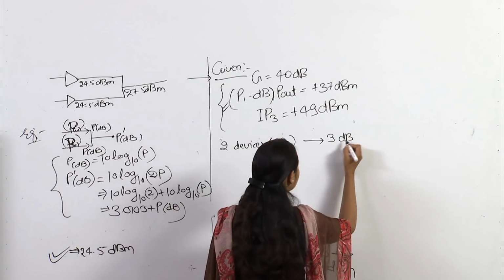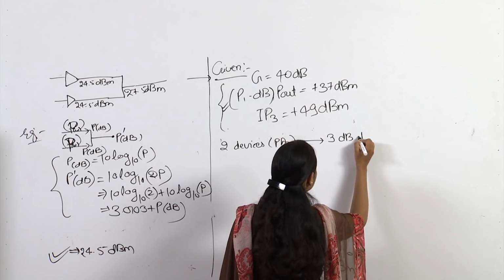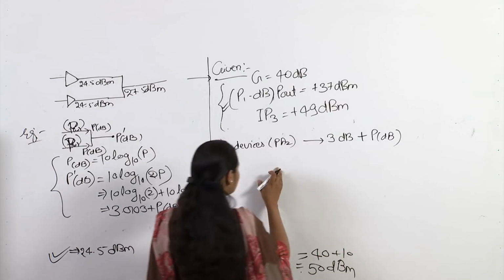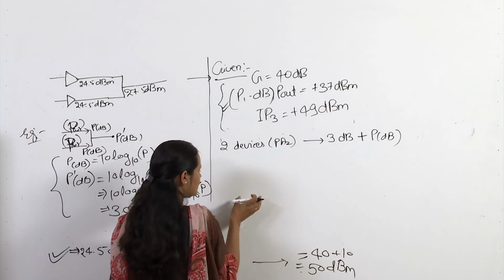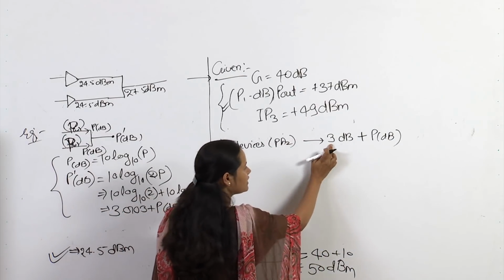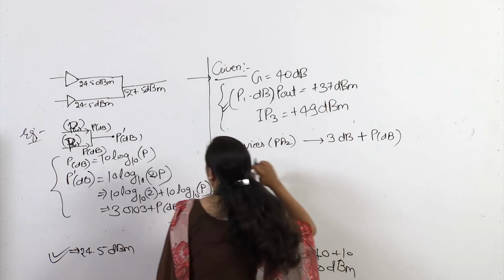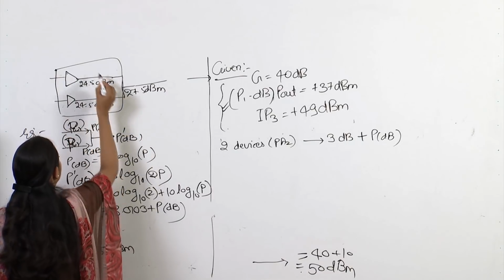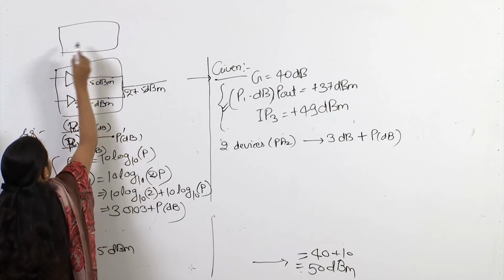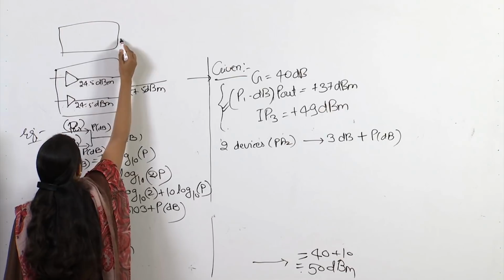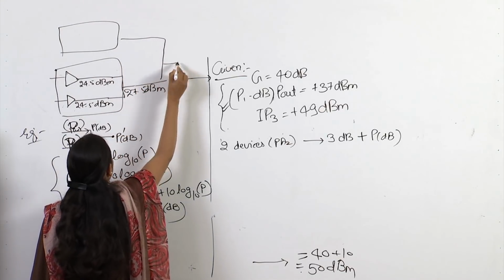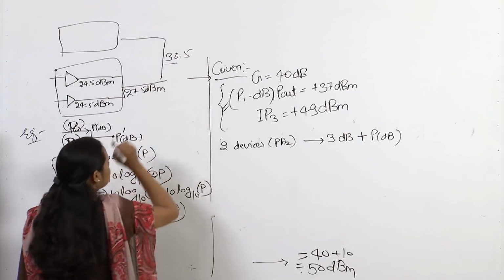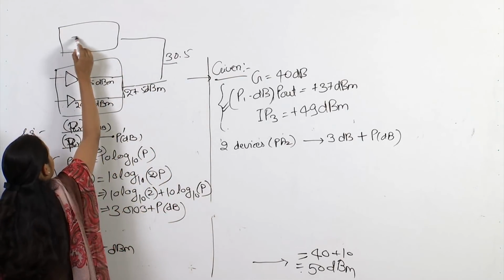So, the eventual power will be 3 dB plus original P dB. If I put again these two devices in parallel with other two devices, then it will increase by another 3 dB, right? Or I say that I repeat this block here and add them together, then it will be what? 30.5. Another 3 dB increase will be there,